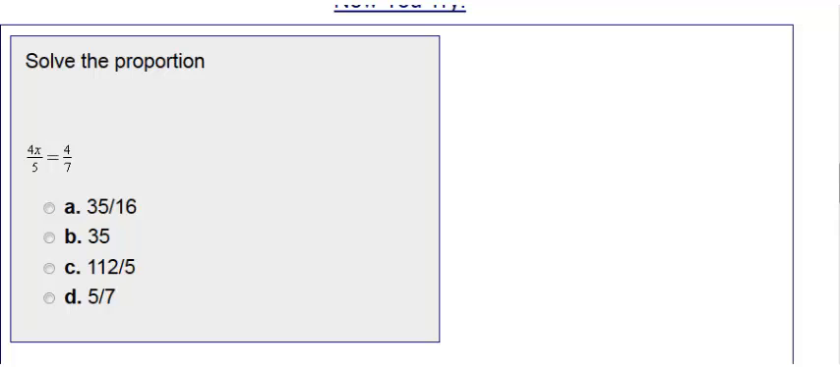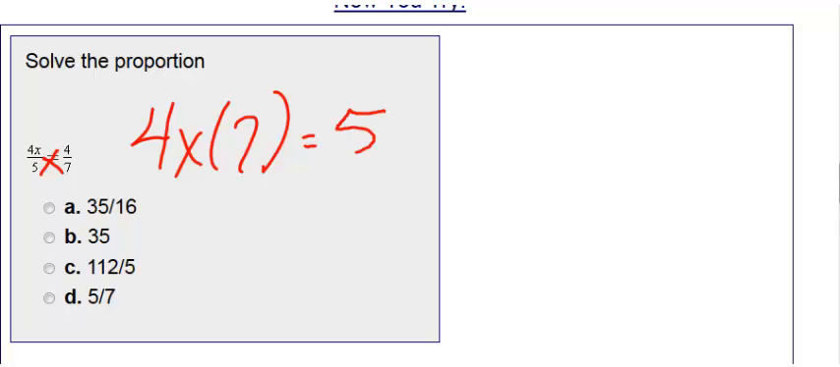Here we have two ratios set equal to each other. That is what we call a proportion. So for us to solve proportions, what we need to do is cross multiply. So here we get 4x times 7 equals 5 times 4. So we get